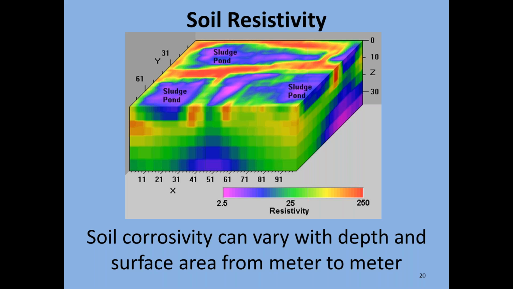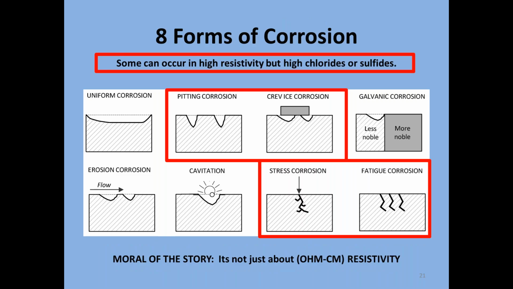So when it comes to soil resistivity, chemistry, there are 8 forms of corrosion, but in this slide, what I'm trying to point out is that even if there's high resistivity, you can have those high chlorides or sulfates. There are some forms of corrosion that can still occur, such as pitting, crevice corrosion, stress corrosion cracking, and fatigue corrosion. Okay,